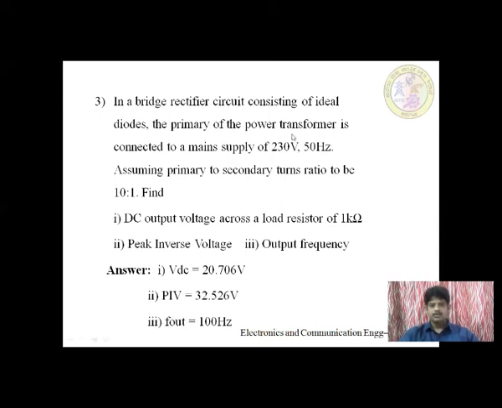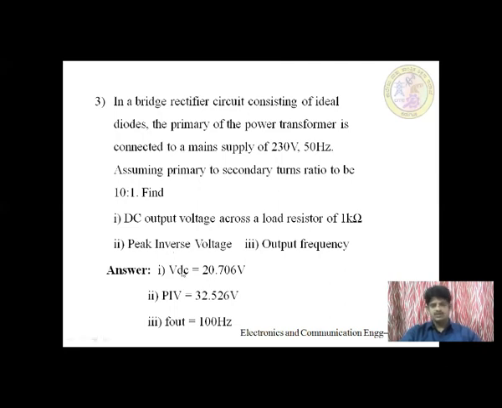The primary voltage of the transformer is 230 V, and as we said in the previous problem also, the input to the transformer is given and the turns ratio is given. So by using the turns ratio, we can easily calculate the output of the transformer, which becomes the input to your bridge rectifier. So you can calculate the VM. Here the VDC is asked, with the load resistance given. Using the VM and the VDC equation, you can calculate the VDC. So the prerequisite for this is the equation of VDC.